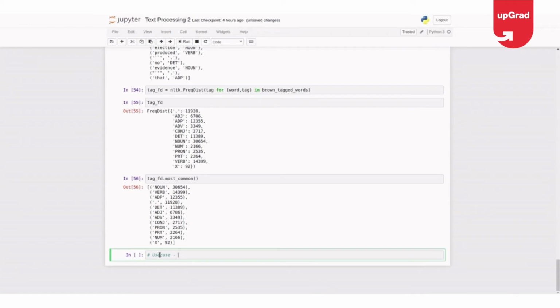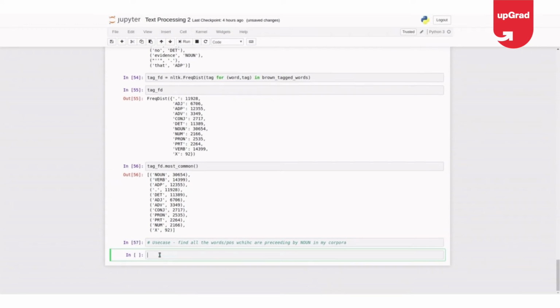Use case: find all the words or the parts of speech which are preceded by a noun in my corpora. Let us consider the same Brown corpus of news data because we already have that.